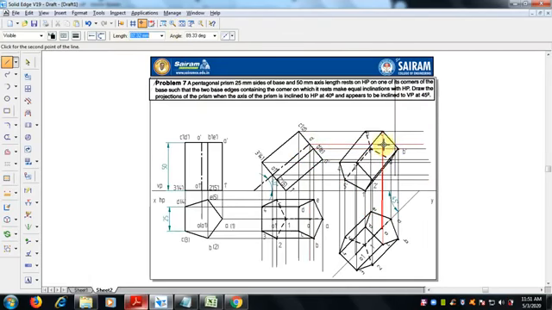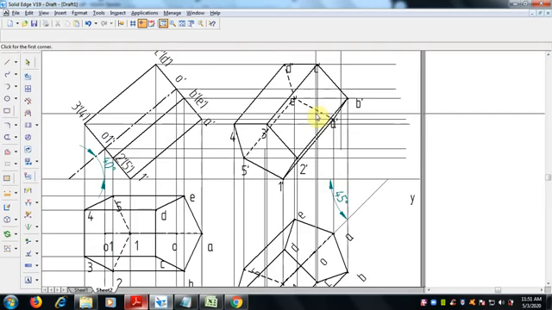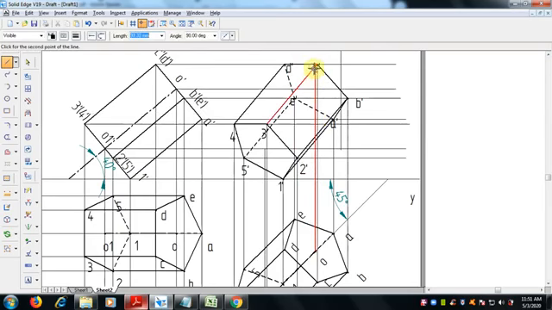Trim this. Okay, draw the center line, 0.5 mm thickness, with the end point to this. This is the center axis.